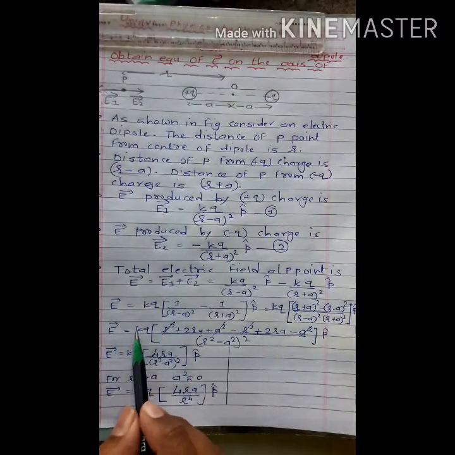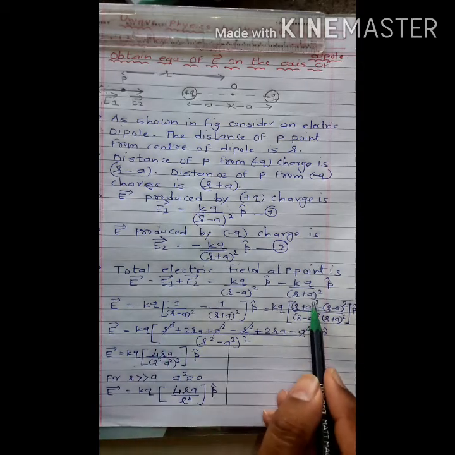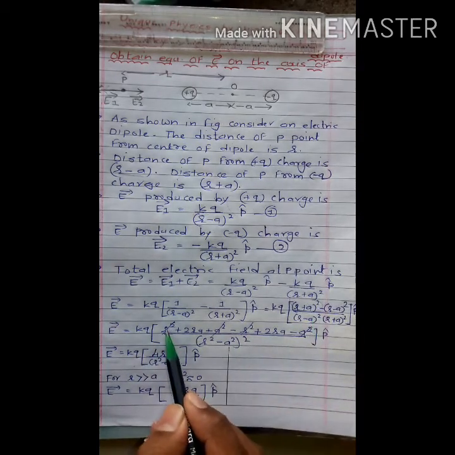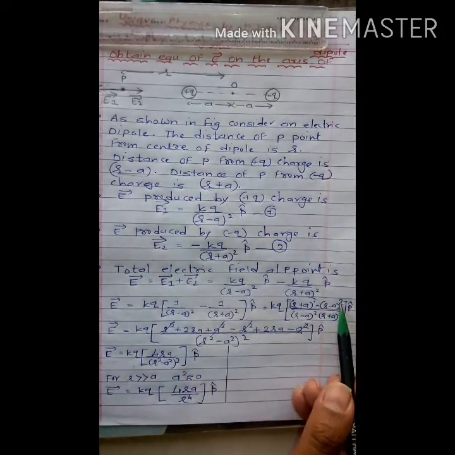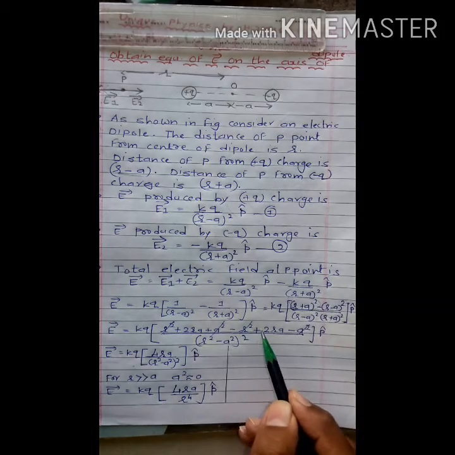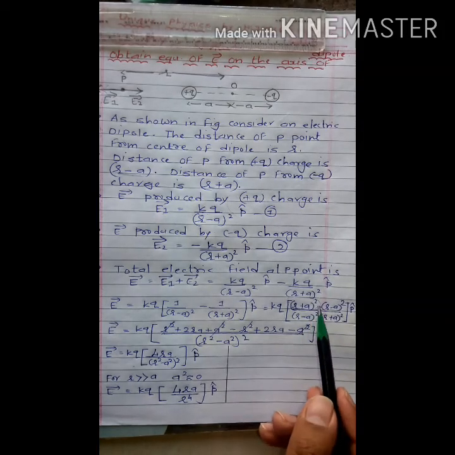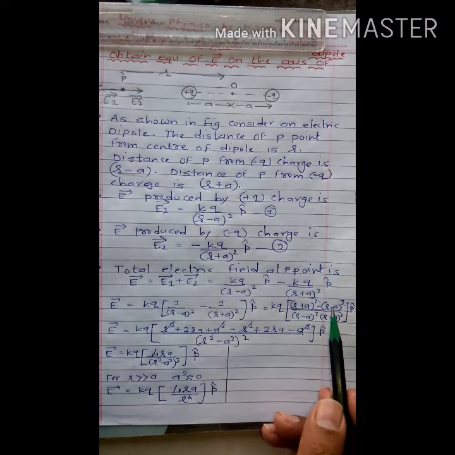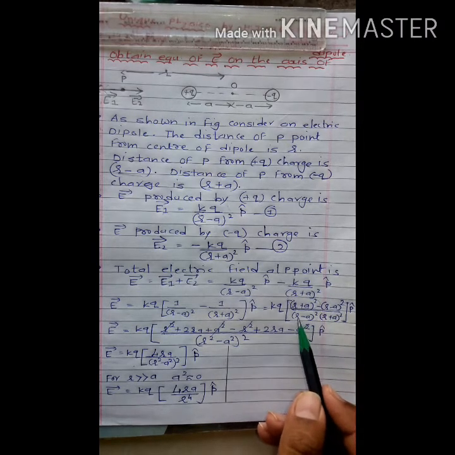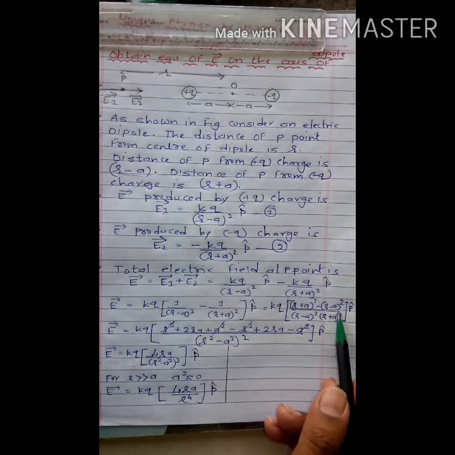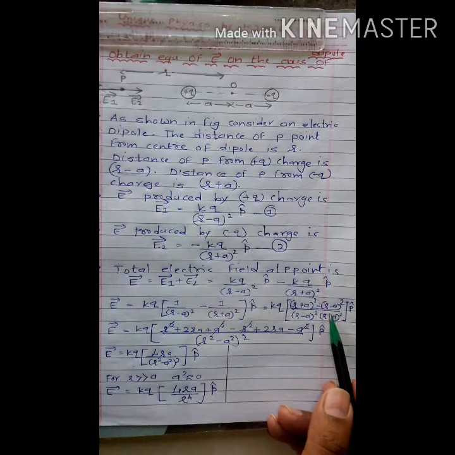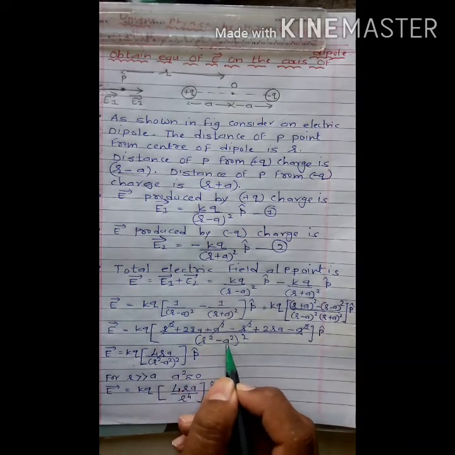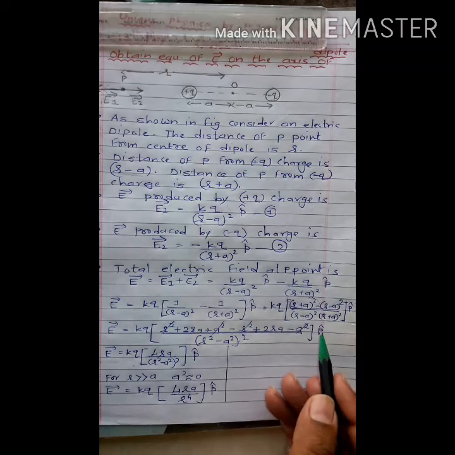So our next step is vector E is equal to KQ. Here we have (R plus A) whole square. So solution of this step is R square plus 2RA plus A square minus, here we have (R minus A) whole square. So solution of this step is R square plus 2RA minus A square. Here we multiply negative sign with our inner term, okay, divided by (R minus A) whole square into (R plus A) whole square. So (R minus A) into (R plus A) is R square minus A square, but here we have square of this individual term. So our equation becomes (R square minus A square) raised to whole square, bracket over P cap.